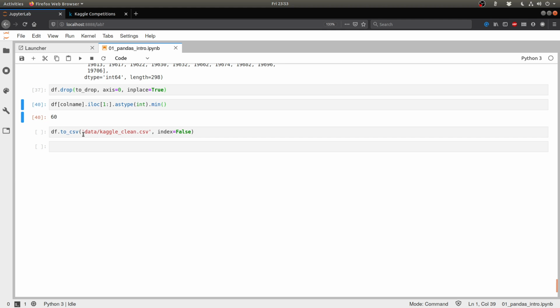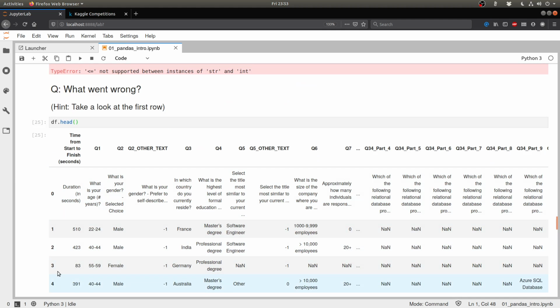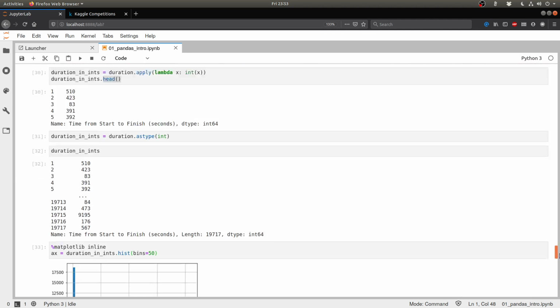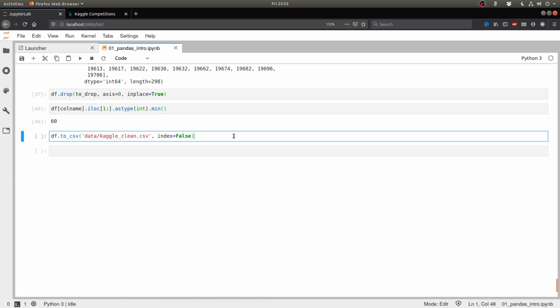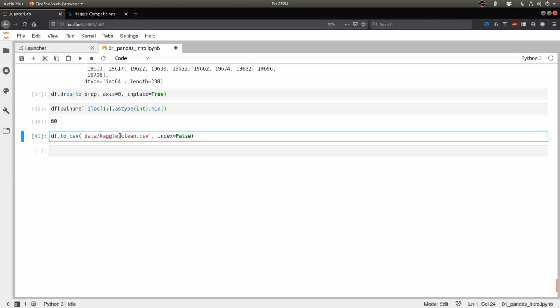In order to save a data frame to a file, just like we did a read_csv, there is also a to_csv. You just give the path to the file that you want, and you say that index is False, which simply means that this particular column, which is our index column, we don't want to write it back because it's just 0, 1, 2, 3. There's no point writing it back. It's just going to infer it back from the data when we read it again. So let's write that data. Now our data is written, and make sure that you actually finish this step properly, because we are going to depend on this clean data in the next video when we do more mathematical and more statistical analysis on this data set.